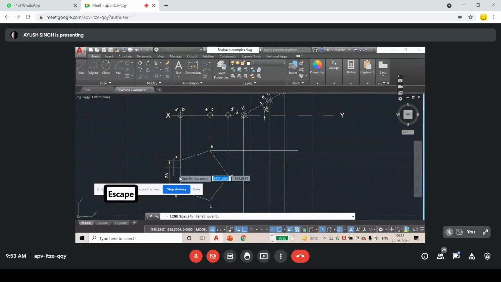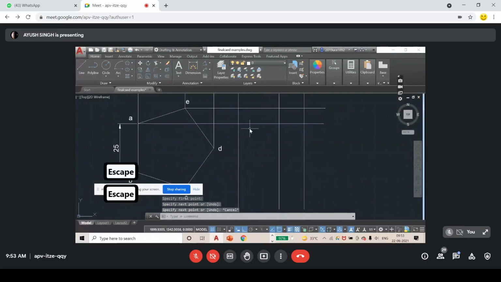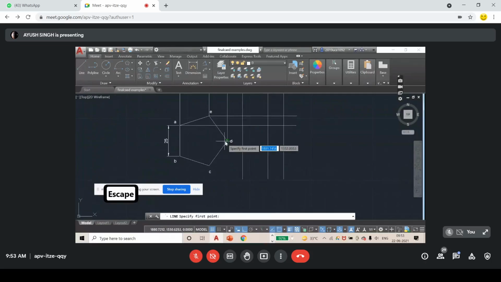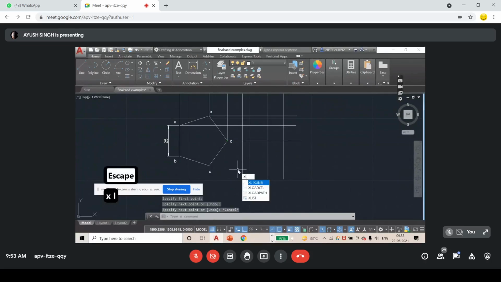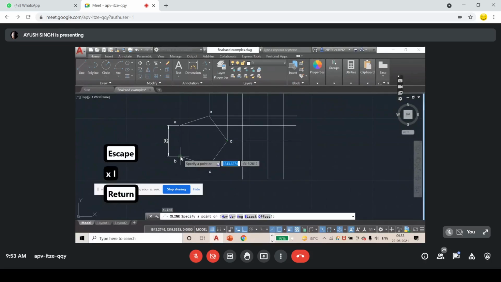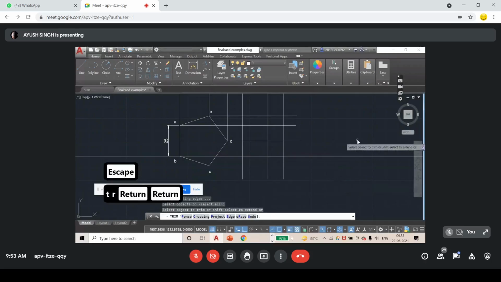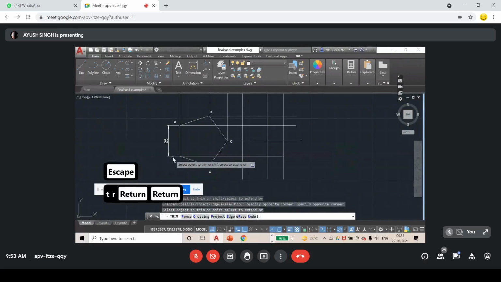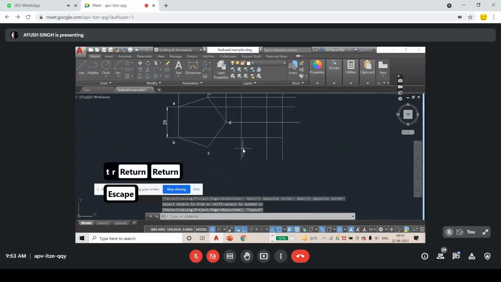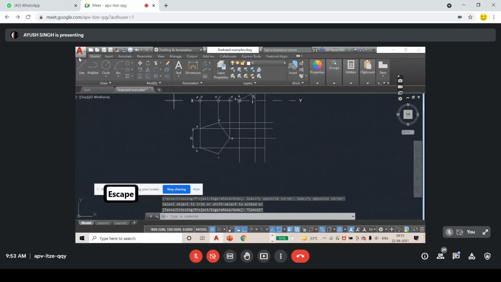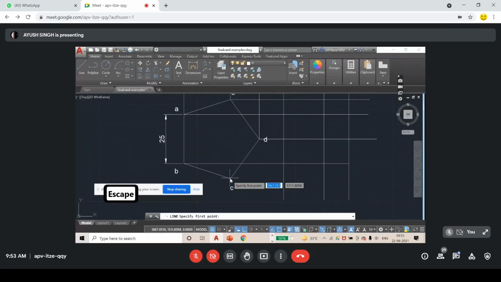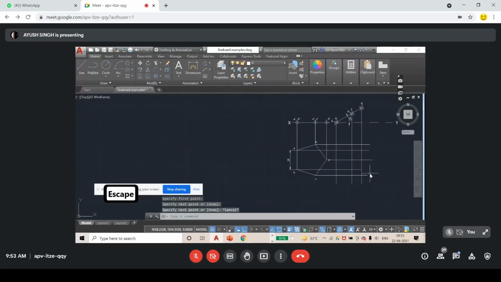Here, here. You can also use X line. I am not using X line because I don't like much trimming, but you can use it. I will show you how. Use XL for X line, and here. After that you have to press TR, enter, trim and trim. You can use it if you want a similar thing. And from C here.